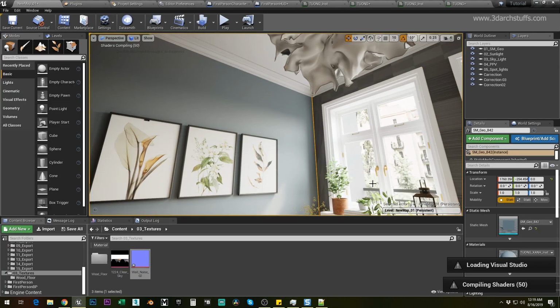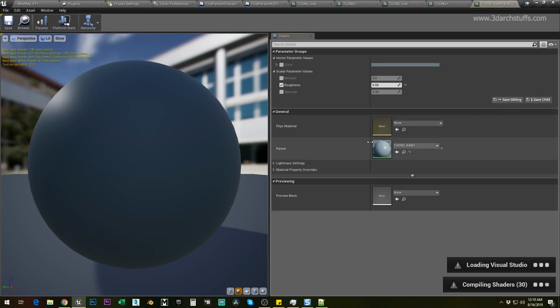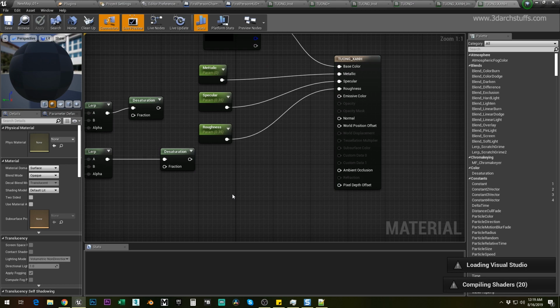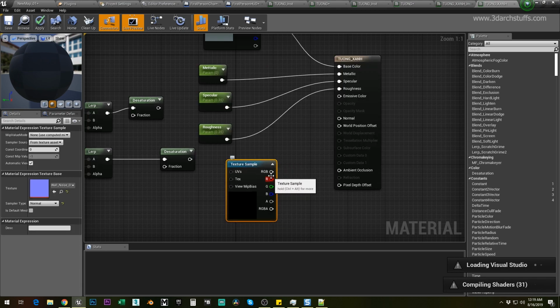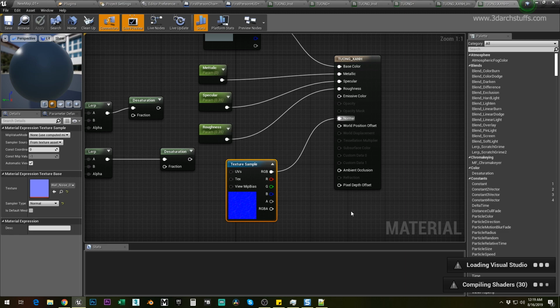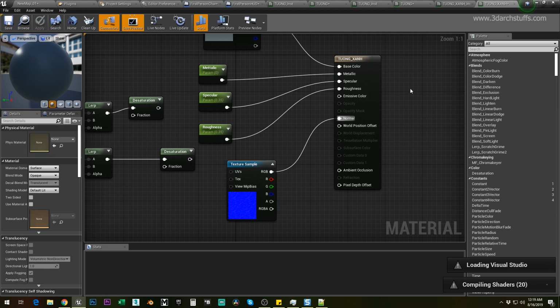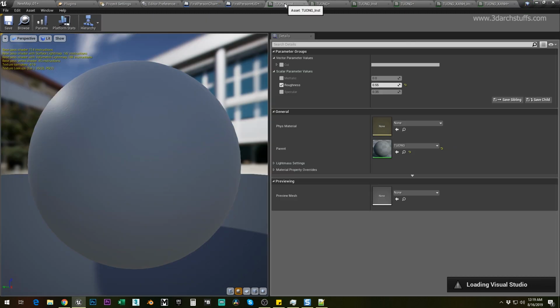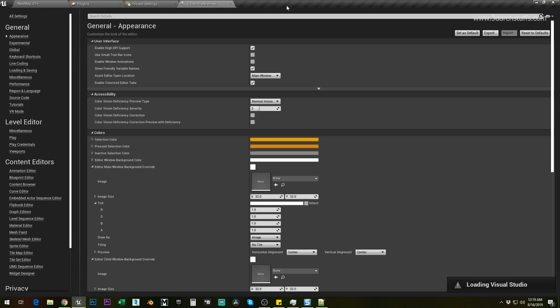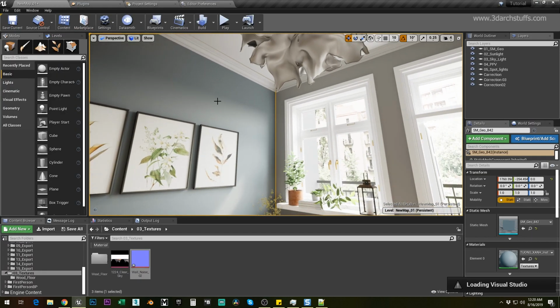And then go here, double click it, double click this, and then again press T. That texture will come here, and then apply it on normal, and then just click apply. And after that, just right click and close this all, close everything here, and